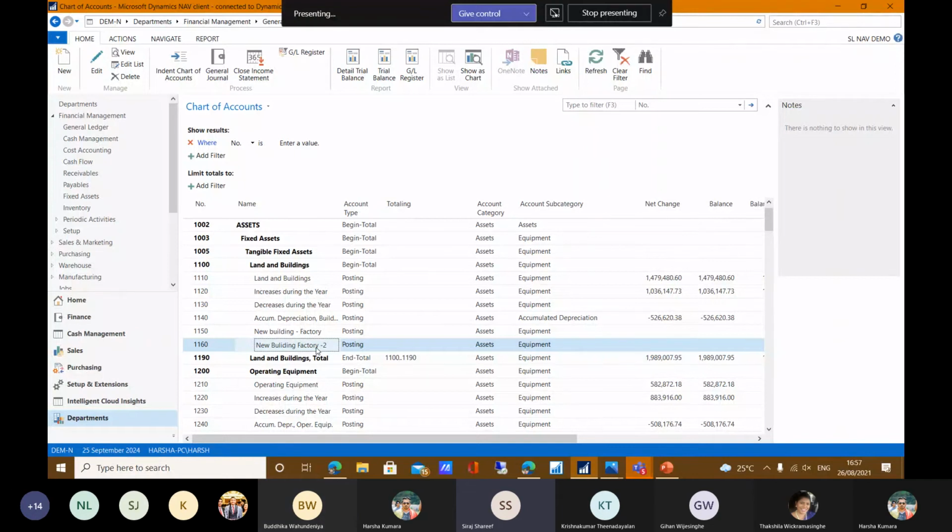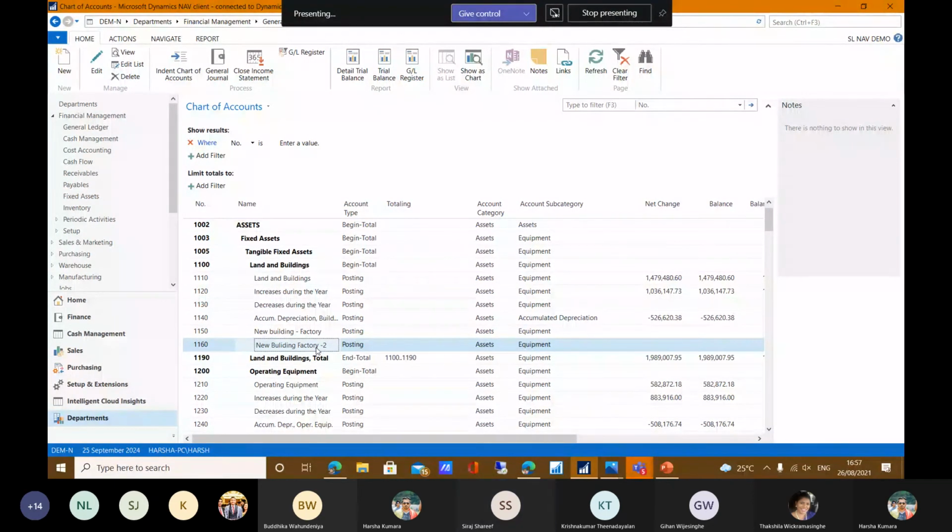So the new account should be 1181. Because when implementing, we recommend to the customer to get some more digits for the P&L accounts, not for the balance sheet accounts.